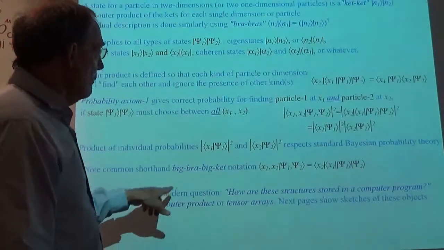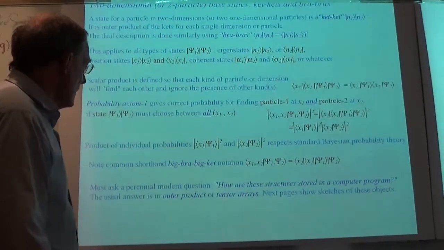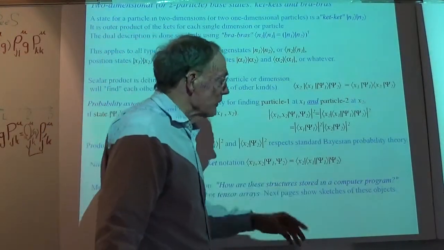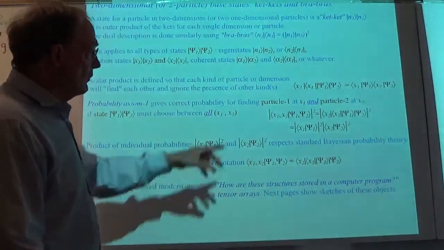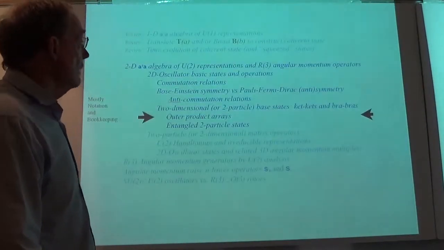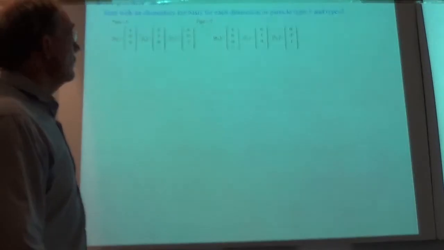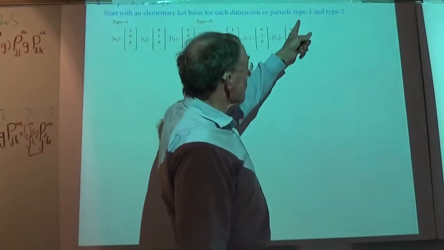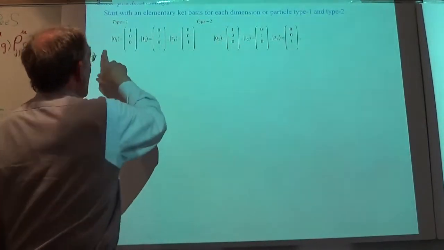we must ask a perennial modern question: how are these structures stored in a computer program? And the usual answer is outer product or tensor arrays. And the pages I'm going to show you for the rest of this bookkeeping part of the lecture, I'll show sketches, just sketches of these objects. So how do you deploy these numbers mathematically, but suppose you're doing it at a root level programming, you got to make arrays. You got to do outer product arrays. It's the only way. So you start with elementary ket basis for each dimension, particle 1, type 1, type 2. That's all we're doing today, but could go on. Could start here